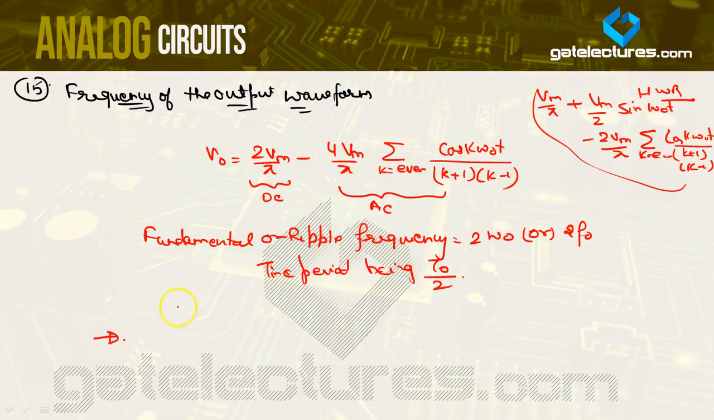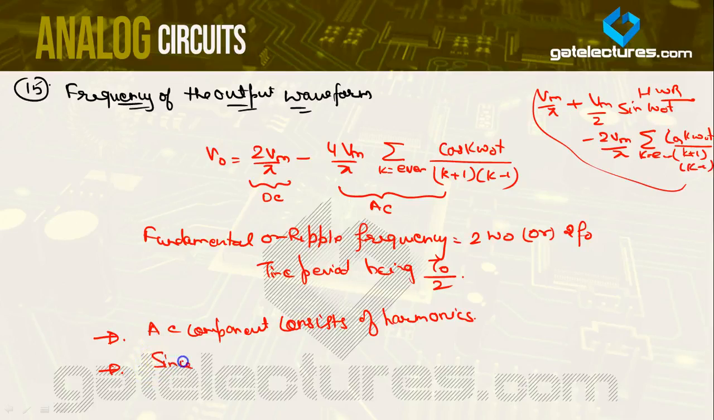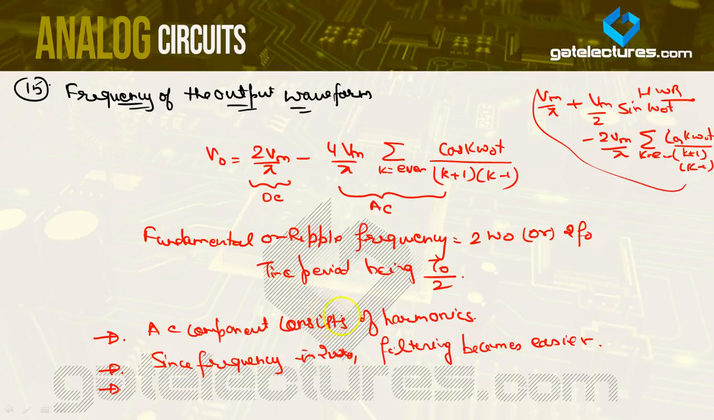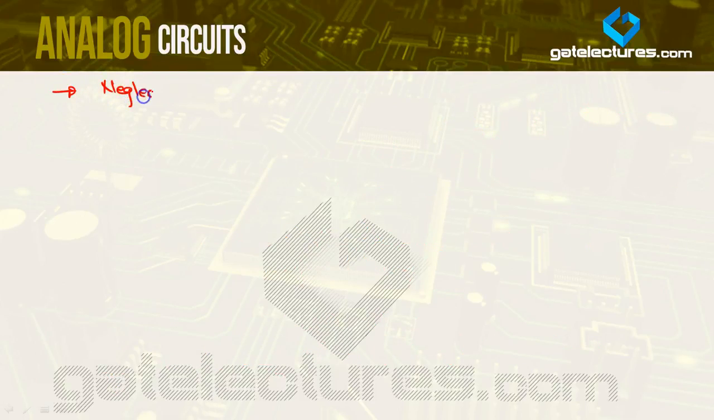So the AC component basically consists of harmonics, because the output is not sinusoidal. In this case, since the frequency is 2 omega naught, filtering becomes easier. Filtering of the output becomes easier since the frequency has been doubled. It is 2 omega naught, so that's why it is easier to filter the output signal. So if we neglect the higher frequency components,